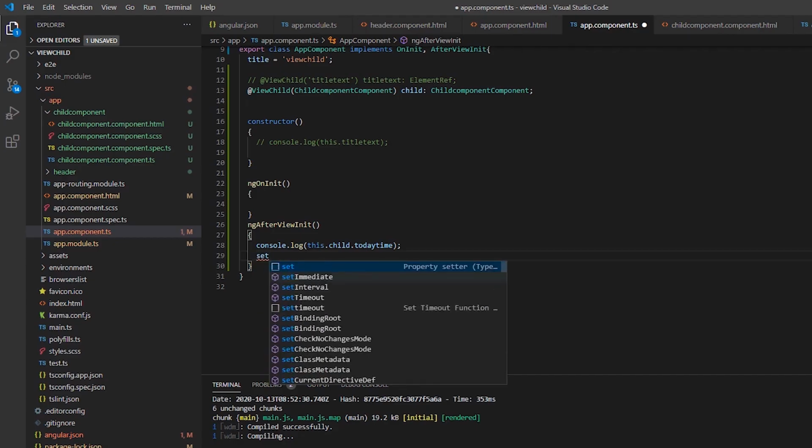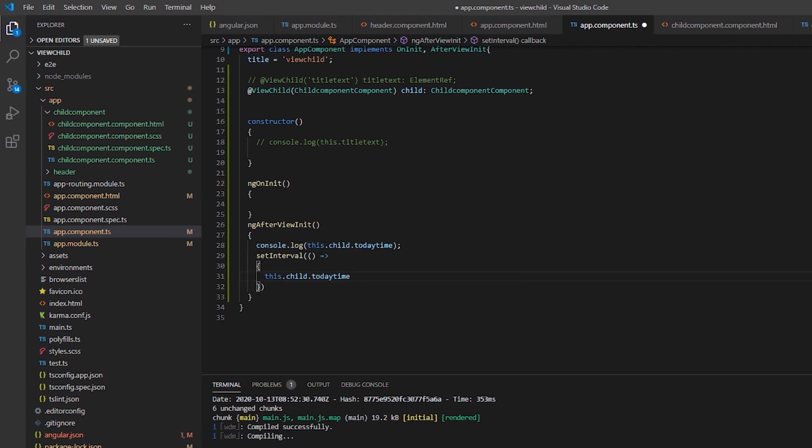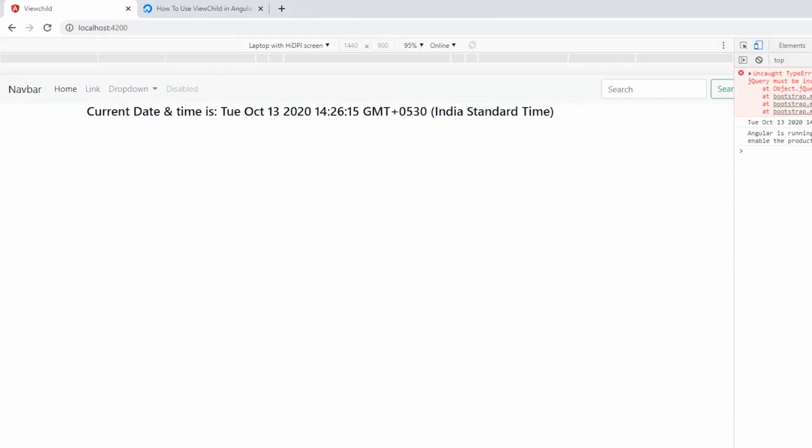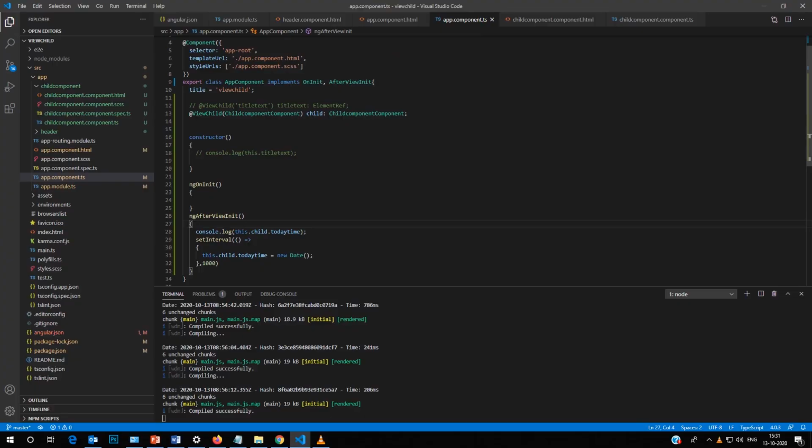Now let's use the setInterval method to change the time after an interval. So this was an example of ViewChild.